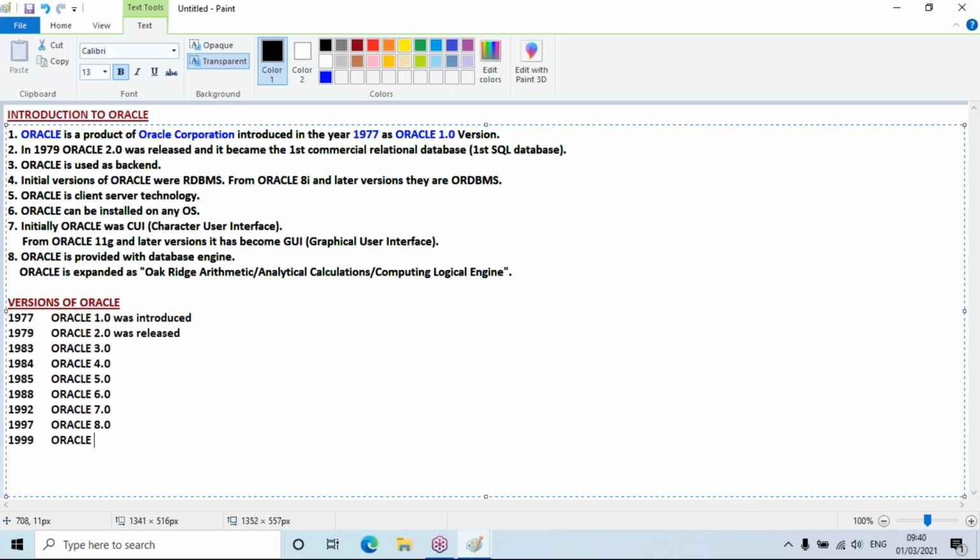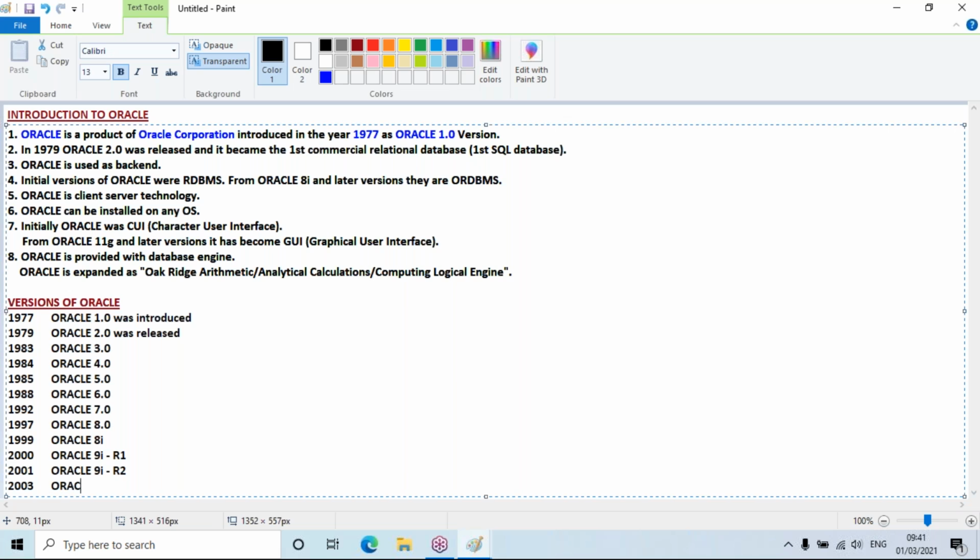Oracle 8i, not 9i. 8.0, 8i. Then in 2000, they came up with Oracle 9i. Release 1 is introduced. In 2001, Oracle 9i Release 2 is introduced. Then